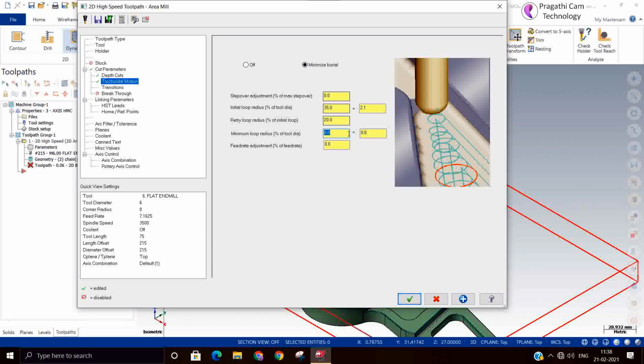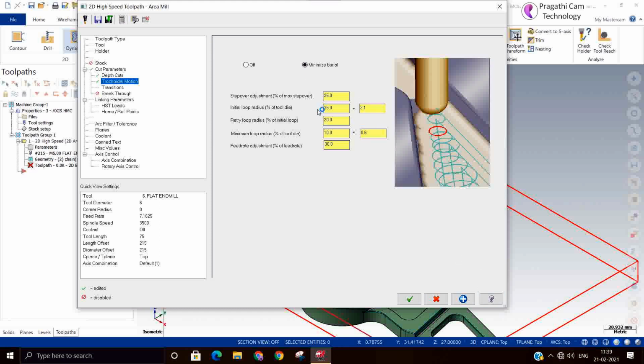Minimum loop radius, feed rate adjustments. So this and all you can modify, and you can make your trochoidal size and shape. Step over adjustments. You can give the details.